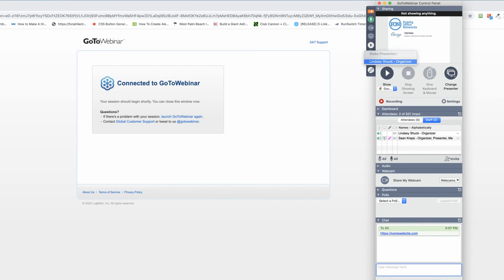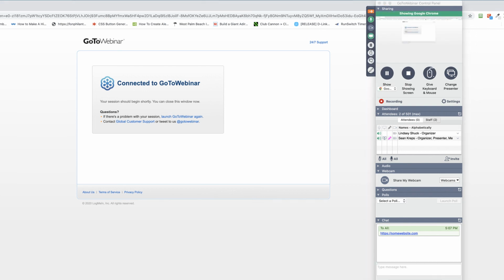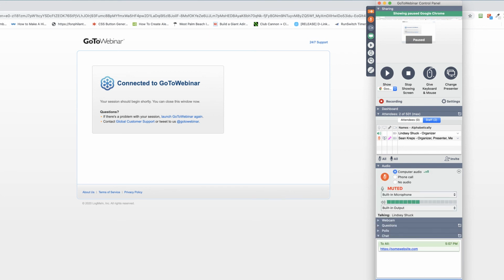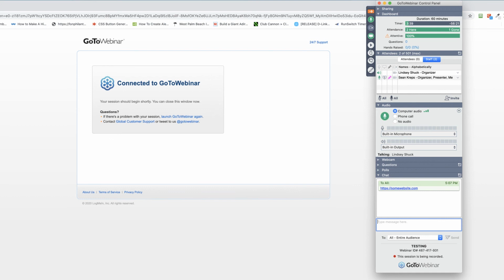That is pretty much it. If you need to switch between monitors or make presenters, this is the make presenter button. This is me now showing Google Chrome. You'll see what you were displaying up here in the upper right-hand corner. I'm going to pause that. And then you can mute yourself if you wanted to. You'll see the microphone is muted down there, and it will notify you you're muted. You can unmute yourself. And so that's pretty much the